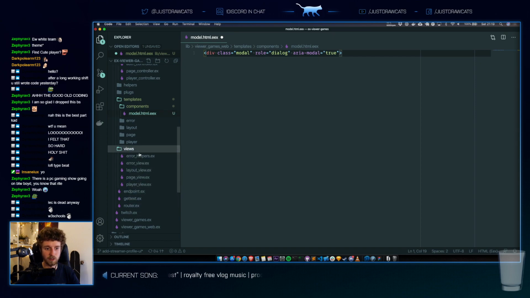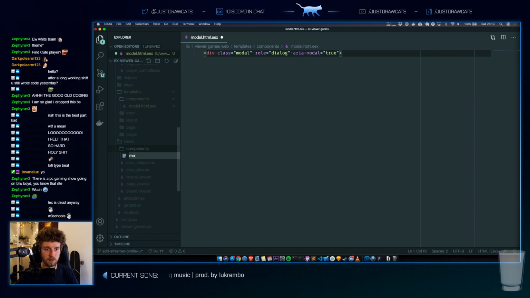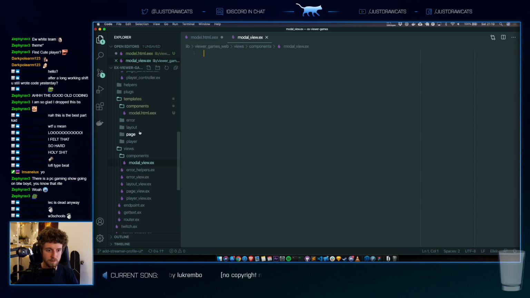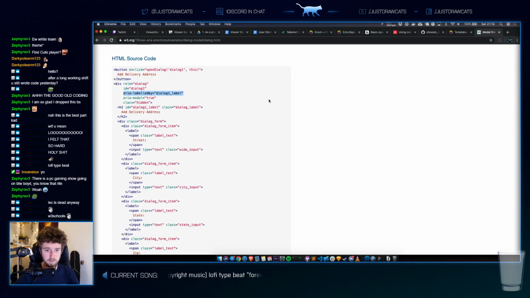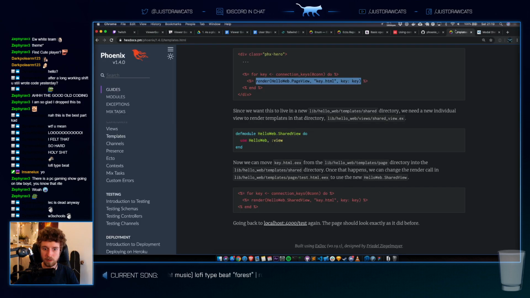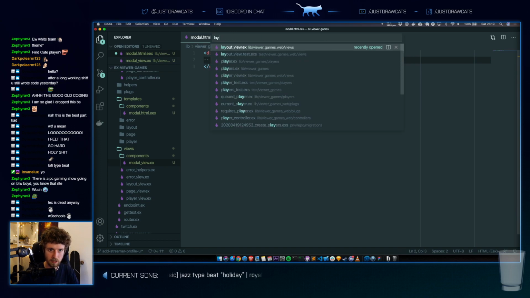Create a few here, component, or a folder here. Oh, it should be modal. How do I make it so that, so what does the layout component do?